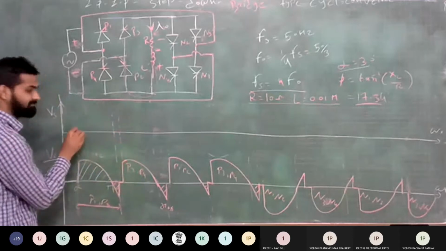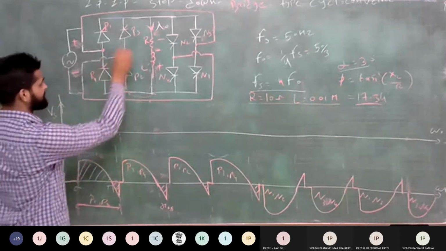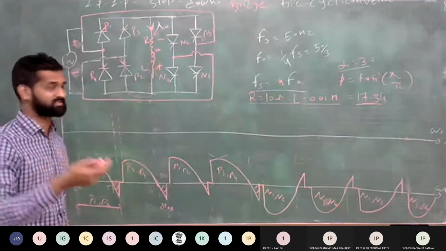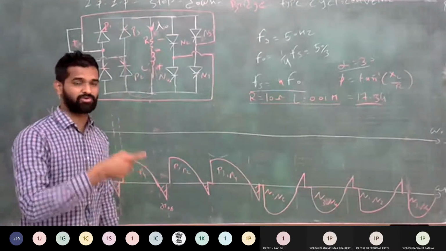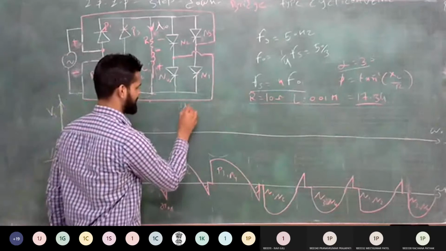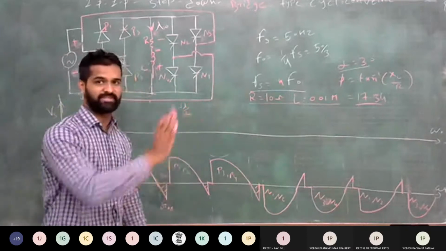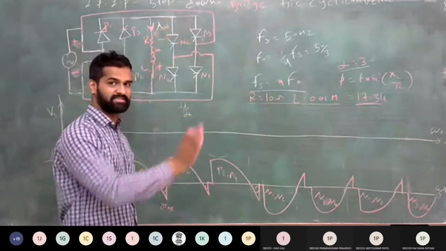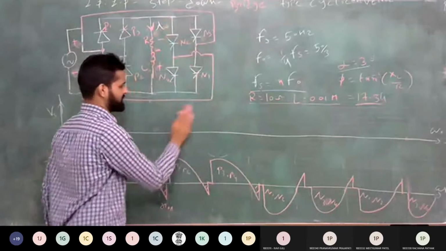Okay. So from alpha, what will happen? Current will be increasing gradually into this inductive load. Because as we know, the nature of an inductive load is what? That it opposes the rate of change of current, di by dt. So current will not change instantaneously to the peak value. It will change gradually because of the inductive load.